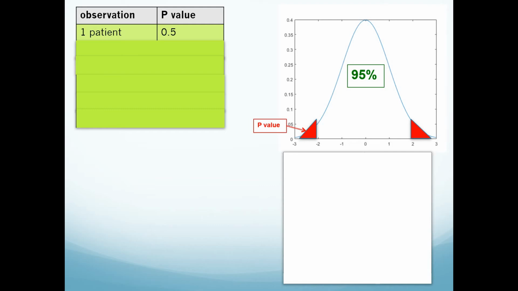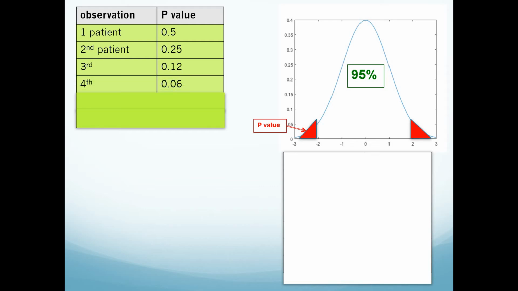This drug is giving the effect, which is stopping the preterm labor, by chance 50%. It is effective by 50%, giving the chance by 50%. If we repeat this drug with another patient and it gives the same effect and stops the preterm labor, that means this effect to be by chance dropped from 50% to 25%. And if we repeat it for the third patient, this effect to occur by chance is dropped to 0.12%.